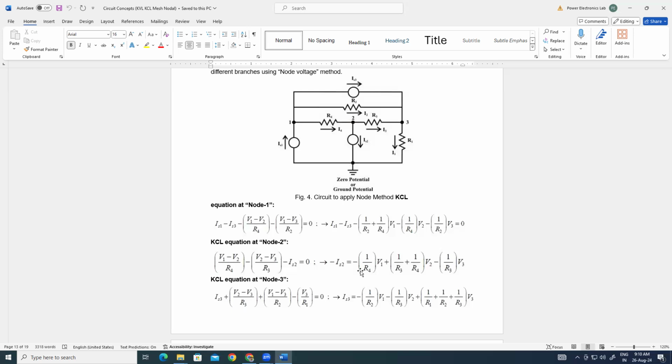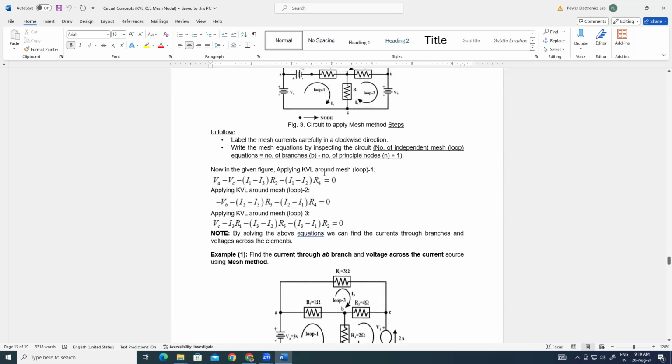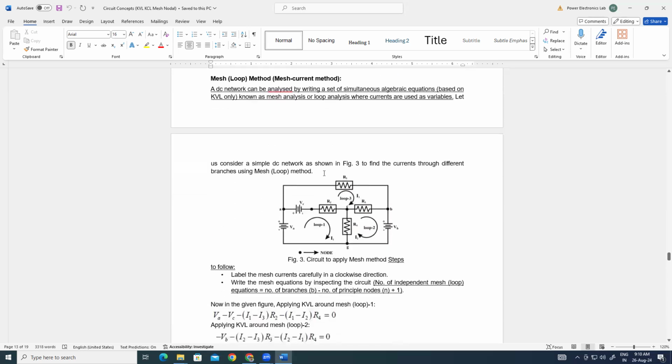So what is the problem? If you want to apply the mesh method, you have to apply KVL in the loops. If only voltage sources are there, there is no issue. If there is a current source available in the circuit,